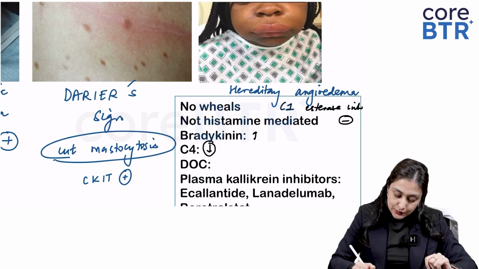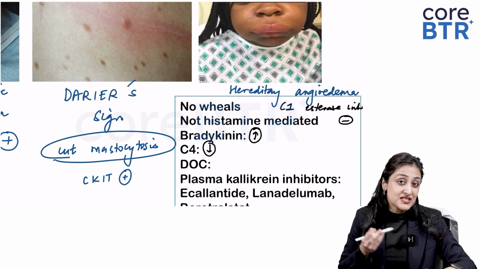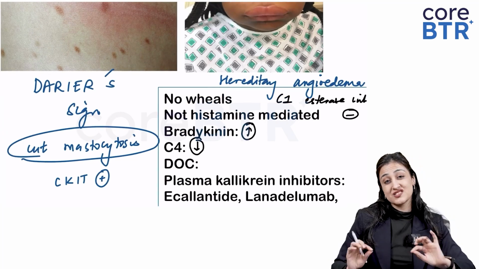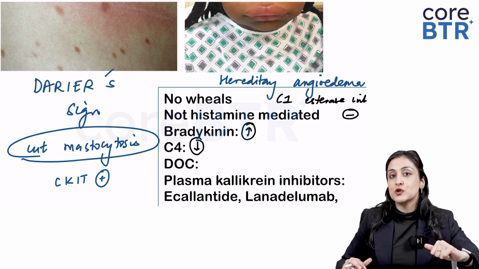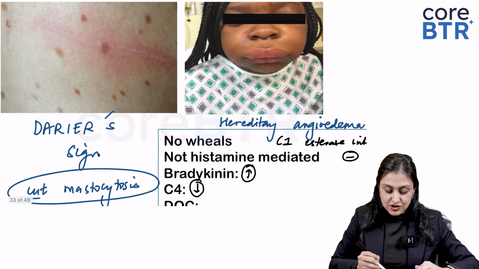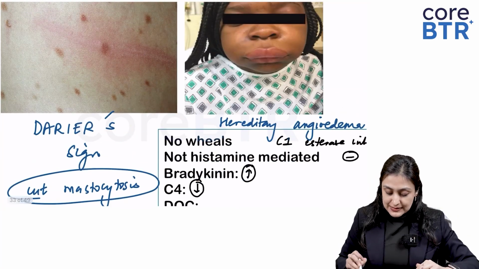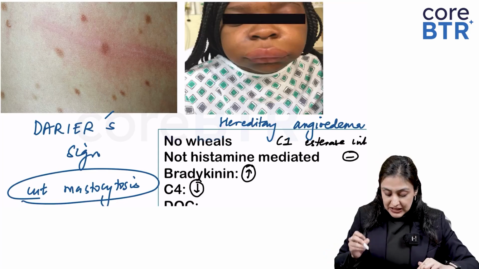It's mediated through bradykinin. So it's not histamine, it's bradykinin, and unfortunately it has the same role as histamine, leads to increased vascular permeability and vasodilation, because of which you will see symptoms like angioedema, but